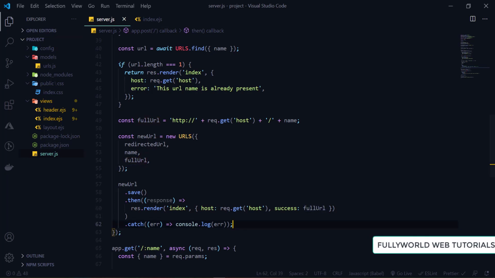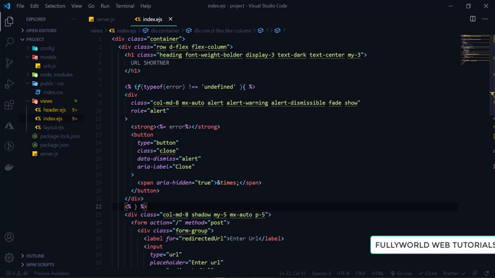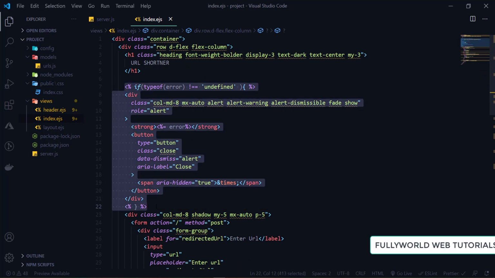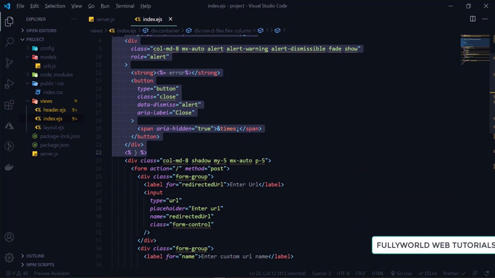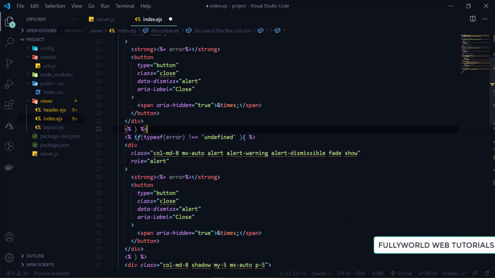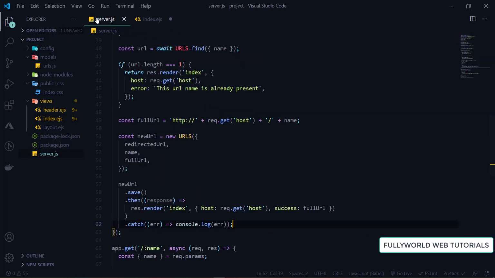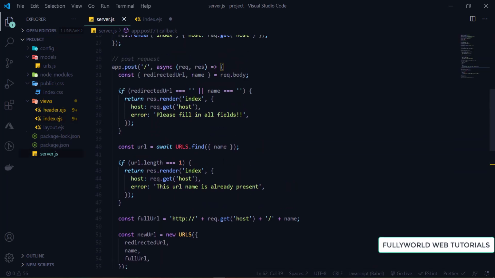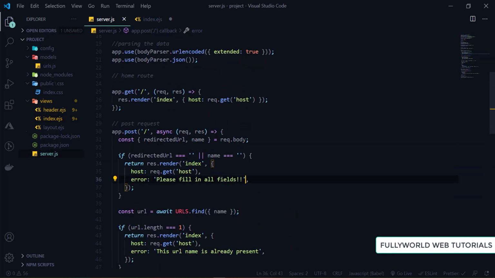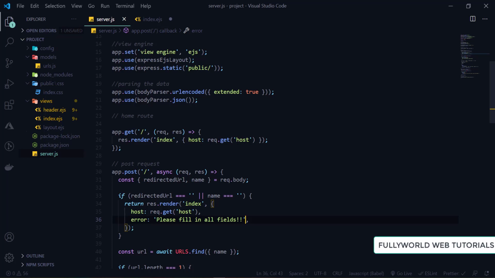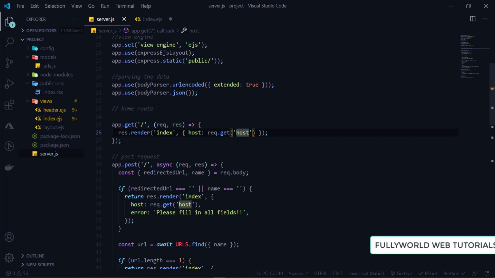Now let's go there, index.ejs, and now here I'm going to copy all of this. Same error code I'm going to copy, and here I paste this. Okay, if the typeof success is not undefined, because see that here only error is there, and here neither error nor success is there.